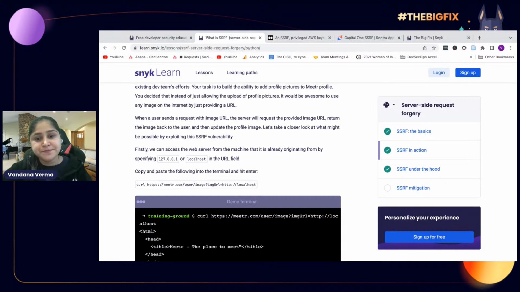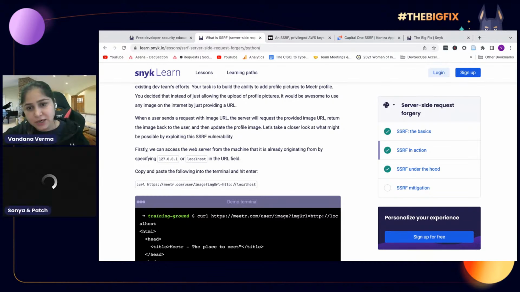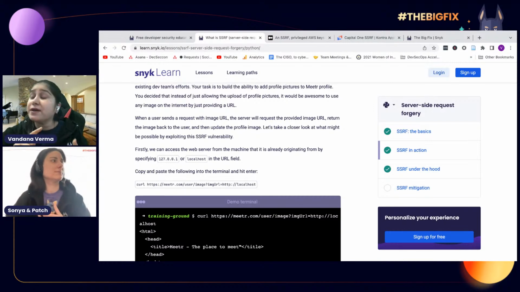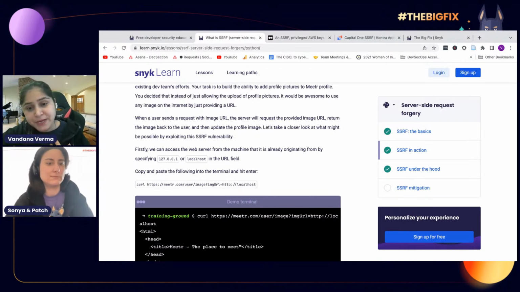Very, very major. Another example was Yahoo in 2015, where Yahoo suffered a breach that exposed personal information of more than 500 million users. Another was Hacking Team, where in 2015, the Italian security firm Hacking Team suffered a breach that exposed sensitive information about their source code. So these are some big breaches. Now we are not making it up. This information is available online. Sonia has been sharing good information, the links about them.